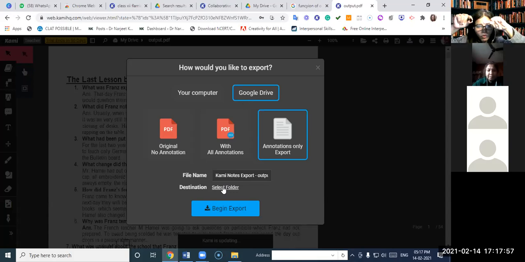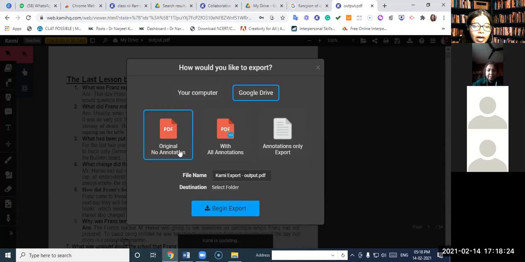If I select that folder, all my downloads are going to go in that specific folder only, so that I do not have to look here and there whenever I want to find out. See, there are going to be 100 children who will be sending me answer sheets, and I will be sending them back after checking those sheets, after correcting those sheets. So I don't want those sheets to get lost in the entire drive. So what I do is I make one folder, and in that folder I send all my downloads.